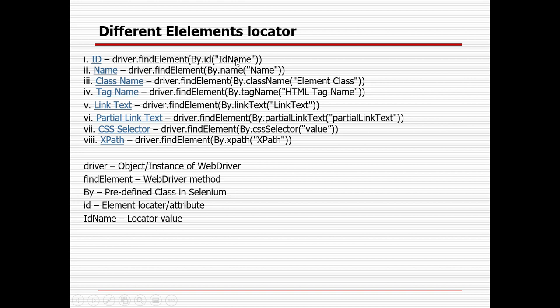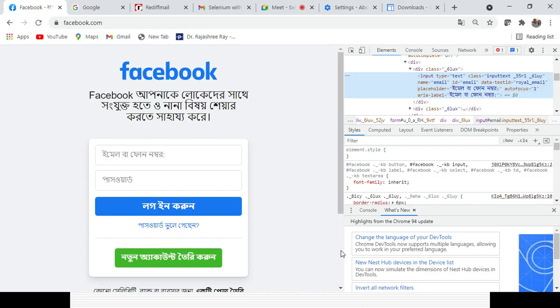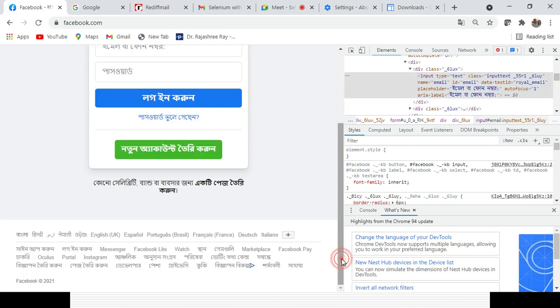Here, if you want to interact with the Facebook page, first the language somehow got set to Bengali, so I need to set the language to English. Otherwise it is showing Bengali words, and I will not be able to understand them in my code. So first I will change it to English, then I will be identifying any field. Okay, let's try to change it to English.